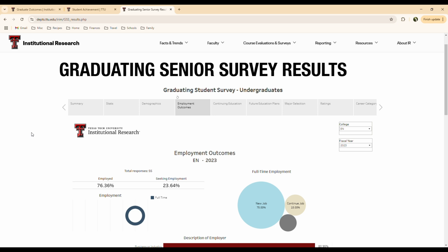So for the College of Engineering fiscal year 2025, there's only 55 responses, so just highlighting again, that's not a very good sample size. But if we are to assume that that's representative of the graduating class, 23.64% seeking employment versus 76% employed is not a good number. We don't see very many schools where the positive student outcome rate is in the 70s. There are definitely some large schools that are around that number. So this is not entirely on its own here,